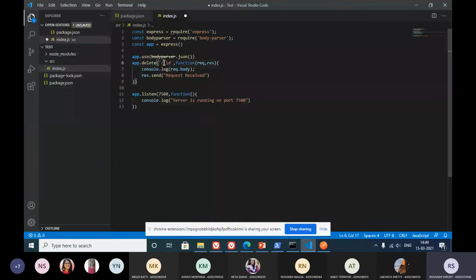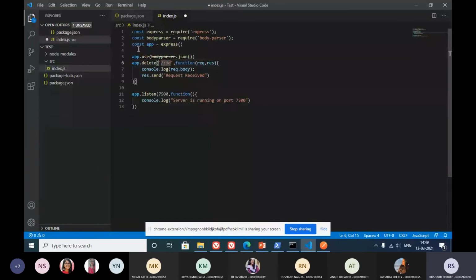A parameter is nothing but a placeholder inside the url. So let's say we have a url, xyz.com slash some id, and then some other part of the url, or maybe you don't have anything, you have xyz.com slash id. So there's a placeholder id after xyz.com. To parse that, we have this notation.